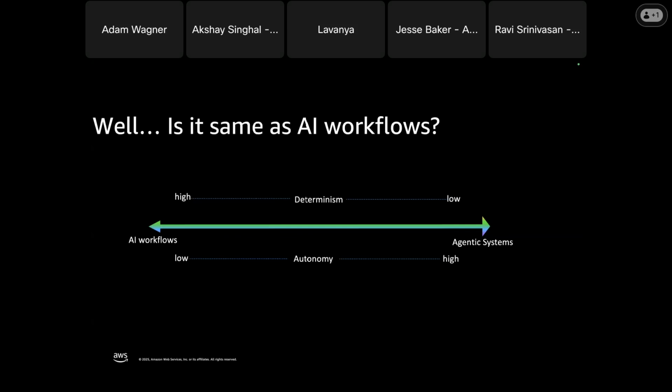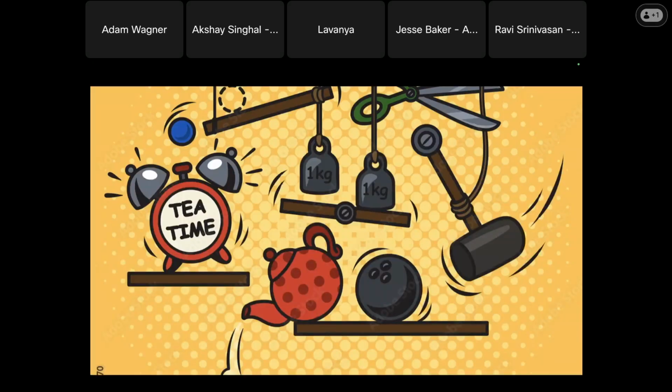And so as we think about both of these, both AI workflows and agentic AI, it's important that we be careful not to build a Rube Goldberg machine.